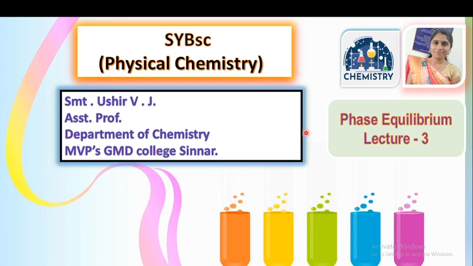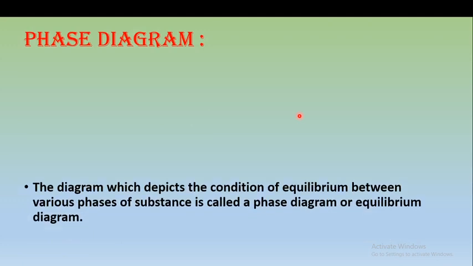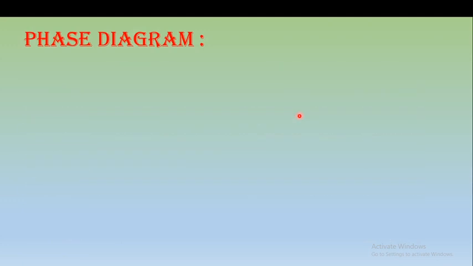In the last lecture, we studied the second part of our phase equilibrium. In that, we studied true equilibrium, metastable equilibrium, non-equilibrium, and the application of the phase rule to different systems. We considered 5 to 6 examples and applied the phase rule to different systems. So in this lecture, we will study the phase diagram: what is the actual meaning of a phase diagram and how it is applied to various systems.